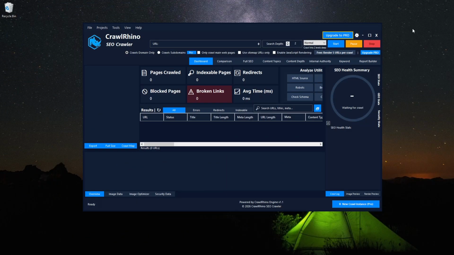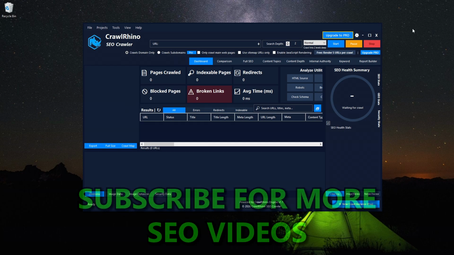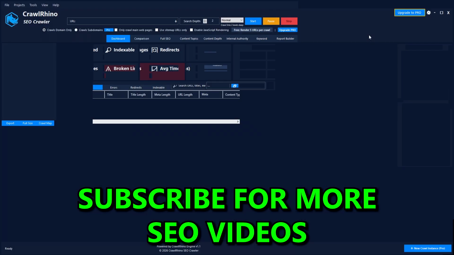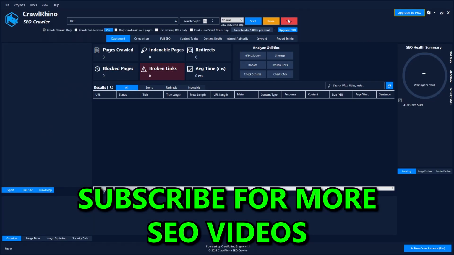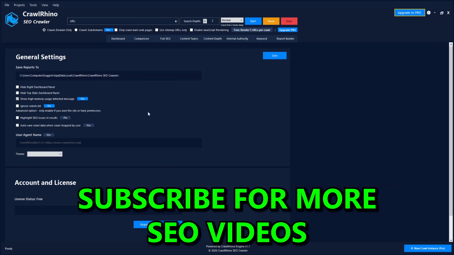Now once you've clicked on open project, you will now have the main window for CrawlRhino. I'm just actually going to maximize this. So you're going to notice a few differences on the program now. Along the top here, we have file, projects, tools, view and help with a few different options there. You can also now go onto the settings in the top right hand corner